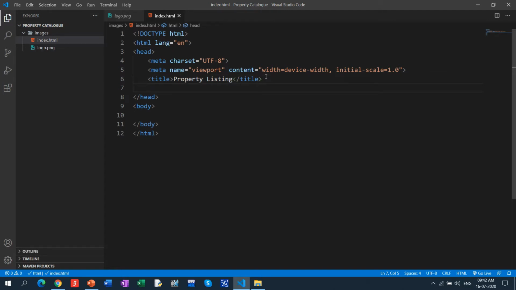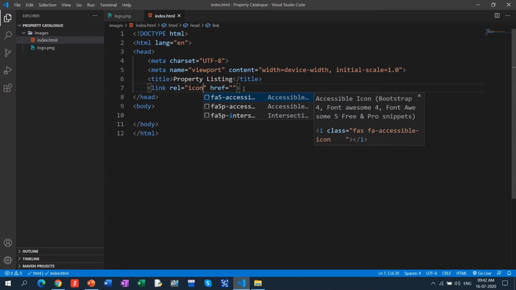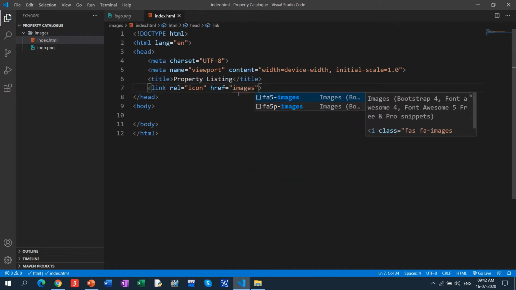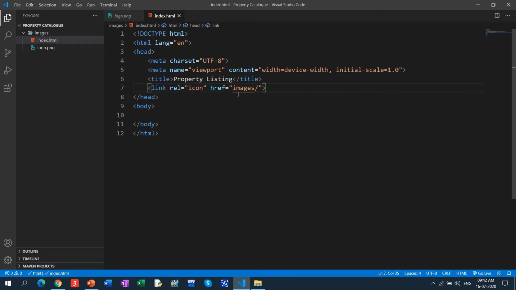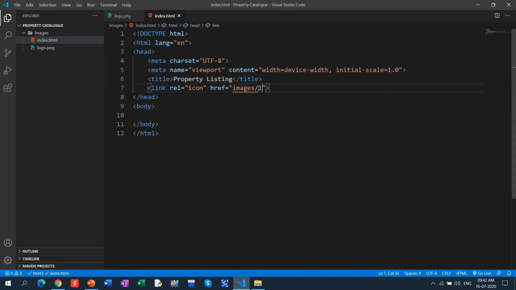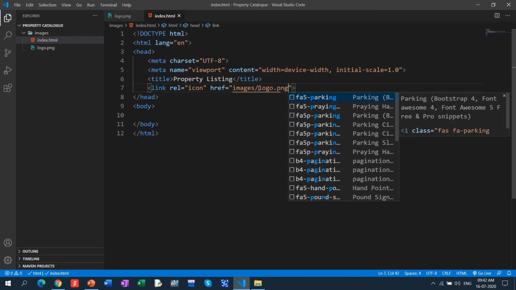Then I have to put two things. One is the icon, I have to put a link, so that instead of stylesheet it will be icon, and I have to set this icon from the images folder, slash logo.png.